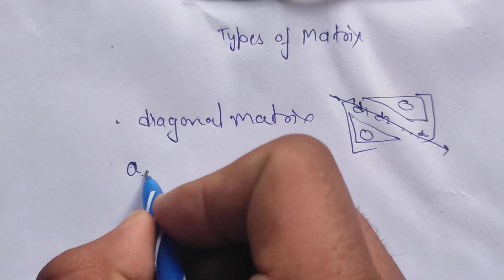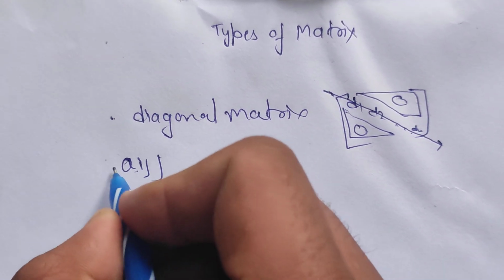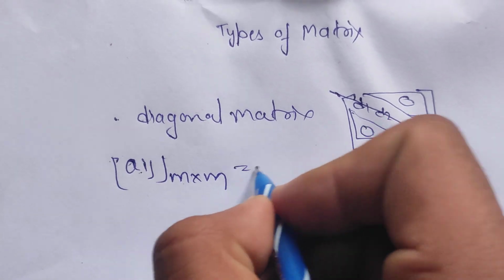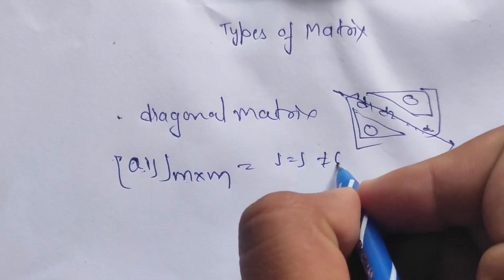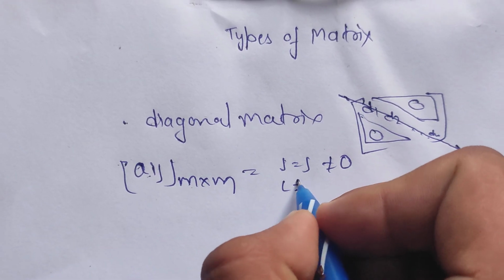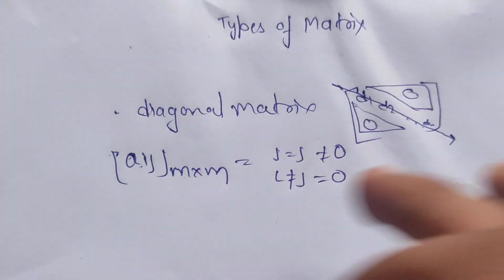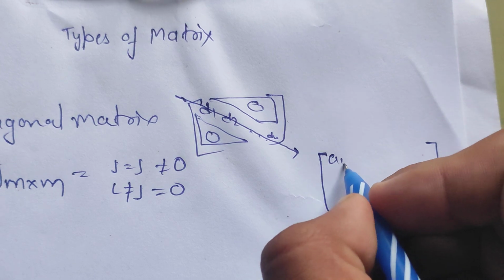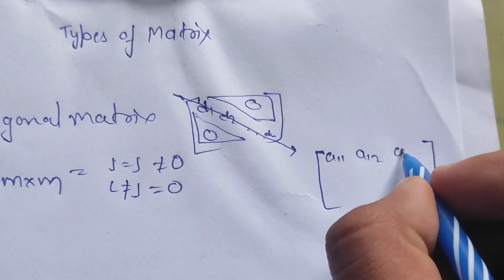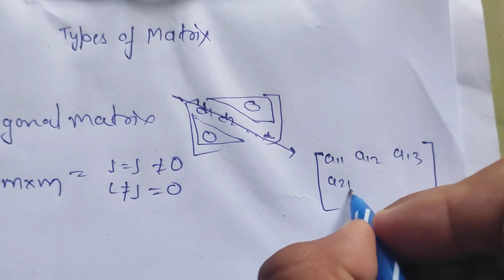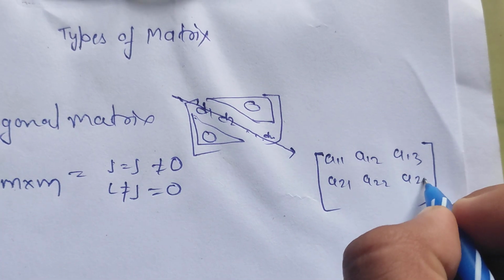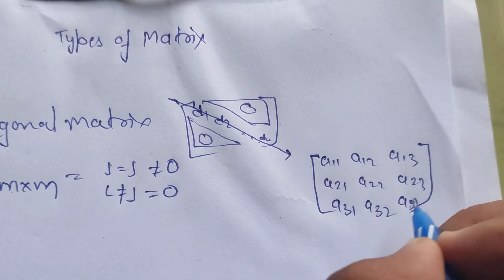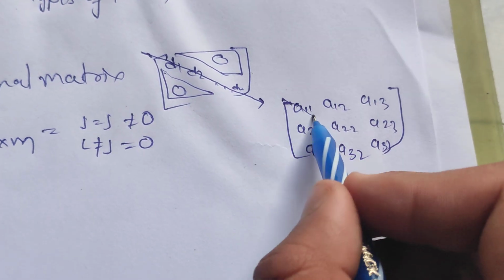In the definition, if aij is a matrix of m cross m where i is equal to j is not equal to 0 and i is not equal to j is equal to 0. So this is a11, a12, a13 and a21, a22, a23, similarly a31, a32 and a33. So this is the diagonal